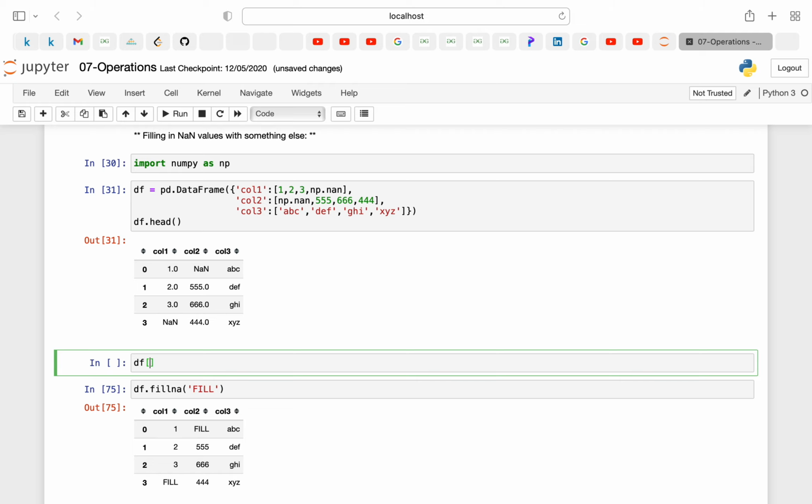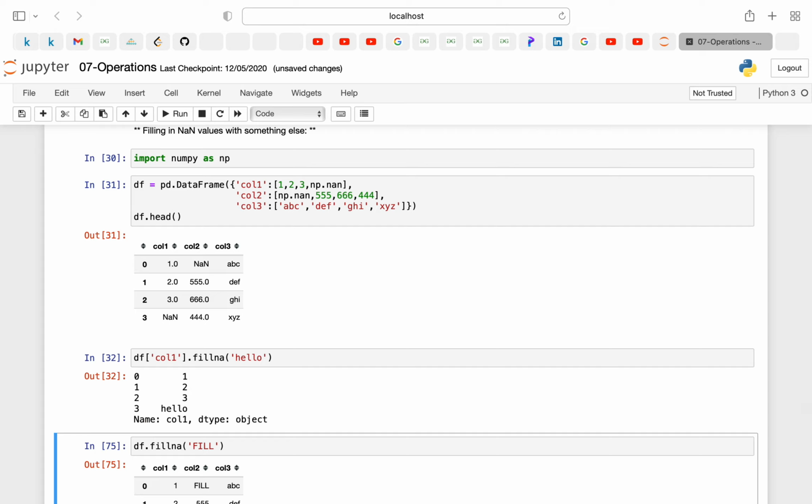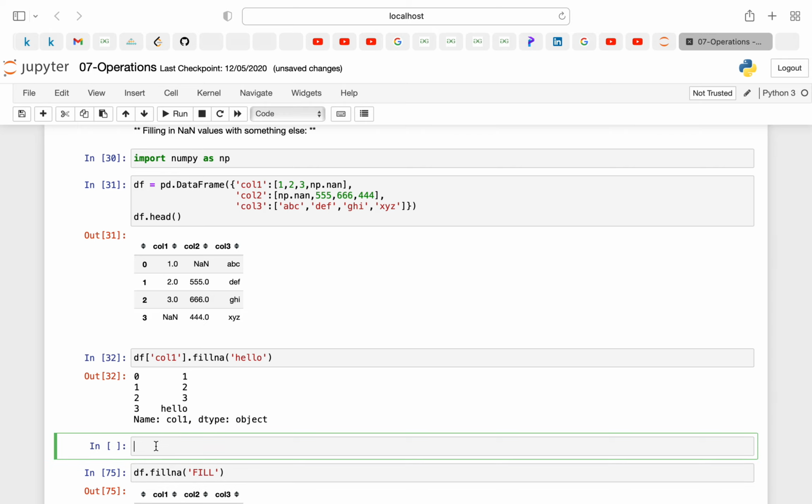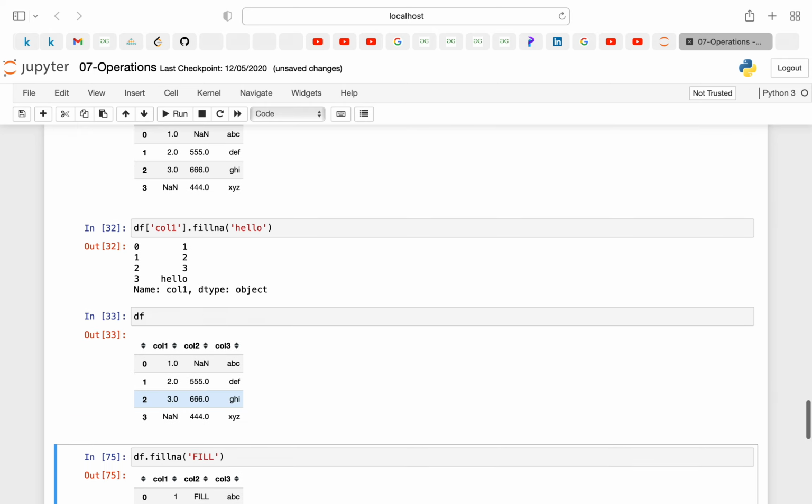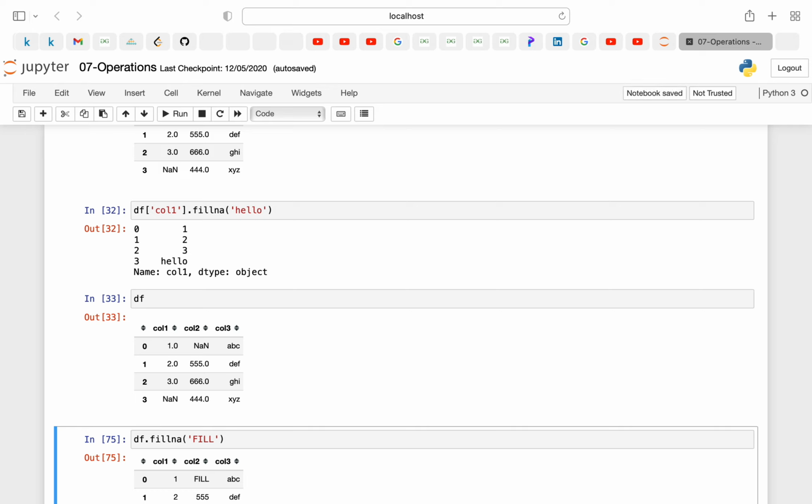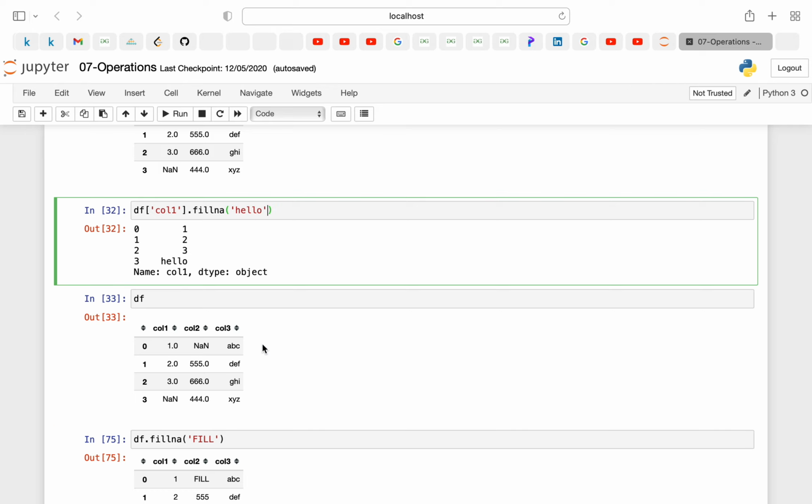So df of column 1, column 1.fillna, and I can pass my string as hello. As you can see, my column 1 is having hello. Now when I print my data frame, I think we have not done inplace equal to True.